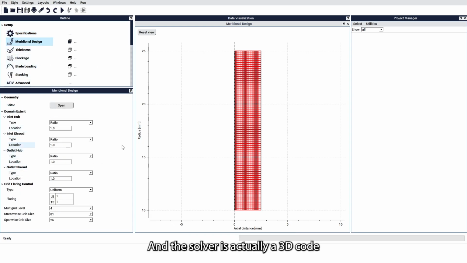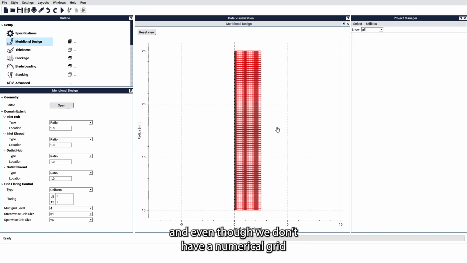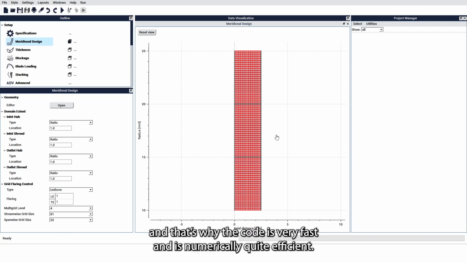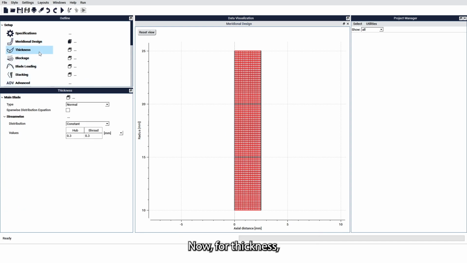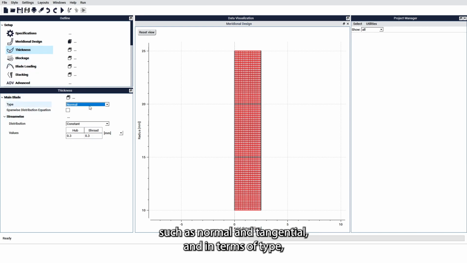And the solver is actually a 3D code, and even though we don't have a numerical grid in the tangential or pitchwise direction, it solves the equations using discrete Fourier transforms, and that's why the code is very fast and is numerically quite efficient. Now, for thickness, we support different types of blade thicknesses, such as normal and tangential, and